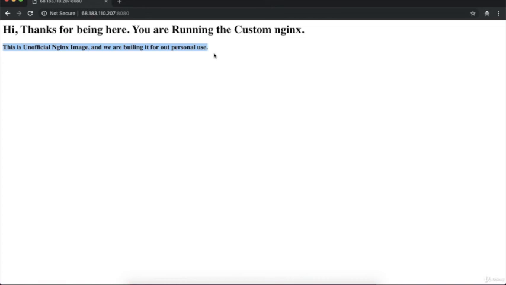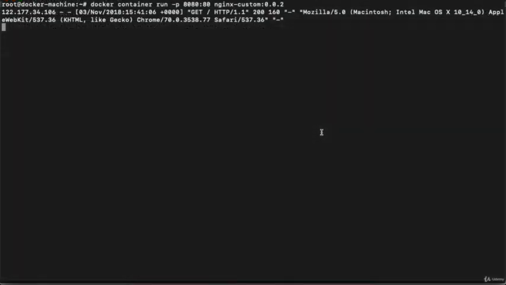So this is the way you can create your own custom images, how you can extend the official images and change them according to your specific needs, according to your application, right? So we have seen how we can extend the official image, how we can change it, and how we can use it. If you want, you can upload this image on your own account. For this, you need to modify the image name, because your account username is mandatory with the image name, and then you can upload it, right?